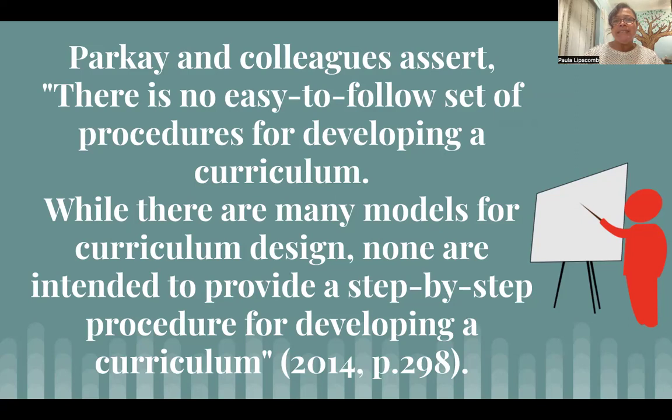Because what it means here is that it's not easy to follow a path for how curriculum should be developed. So it depends on the background of the school. It depends also on the needs of the students. It depends how the curriculum can be implemented, what type of accommodations, and also what is necessary for the curriculum leaders to implement in order to meet the needs of the students. Could be academic, social, emotional.